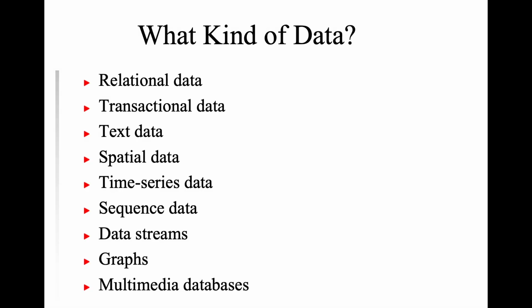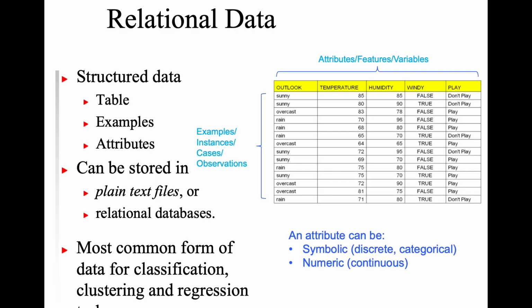So what kind of data? We have several forms of data. We have, for example, relational data, transactional data. We have examples of each of these categories of data. We see them today. And time series, sequence, graph, social networks data, and so on. And so for relational data and structured data,